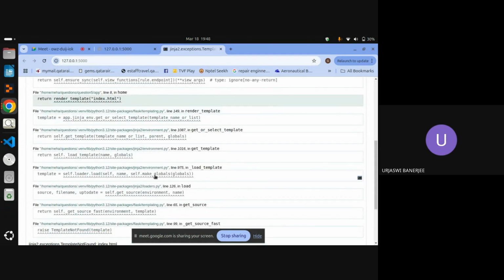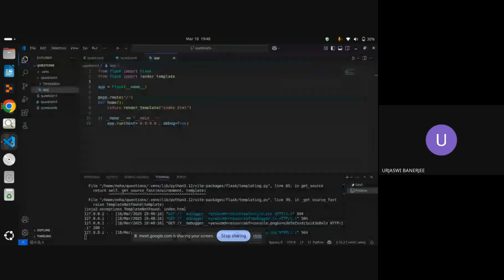Ma'am, the same thing is there in Windows also, the Windows laptop, everything the same. I just copy pasted the question of the mock only. Try with the small t.